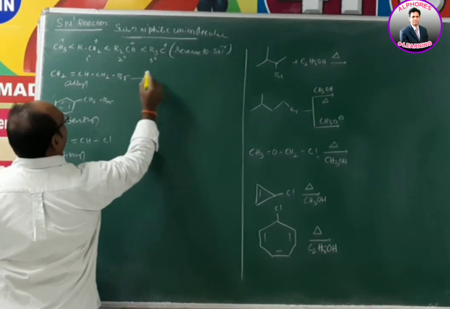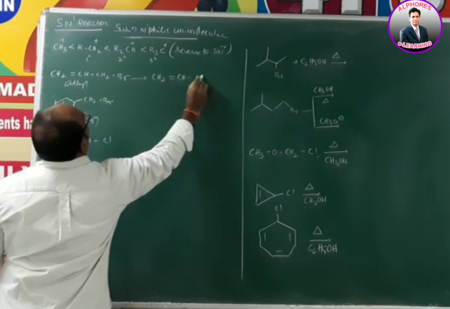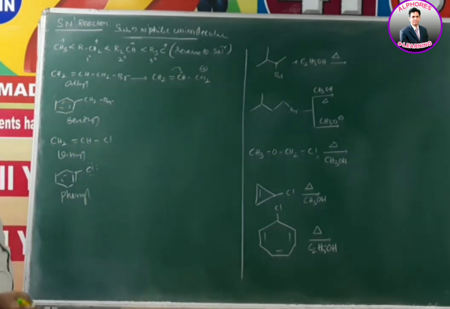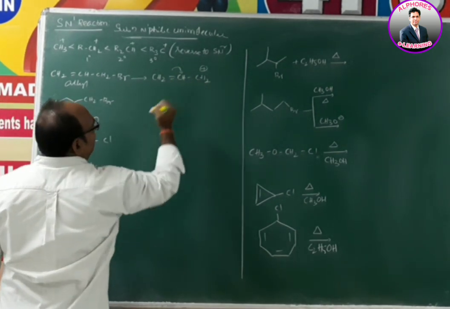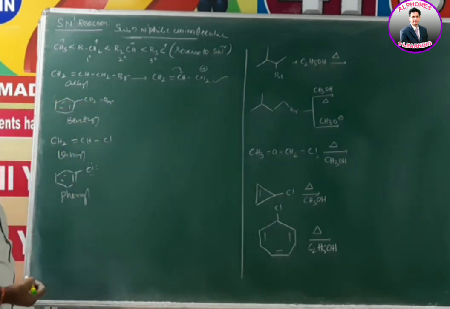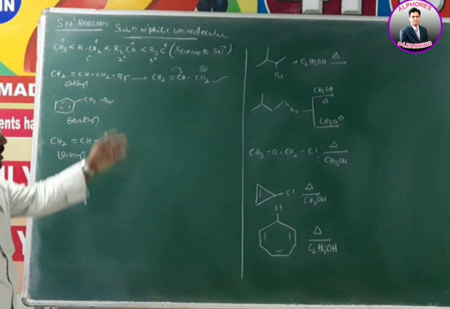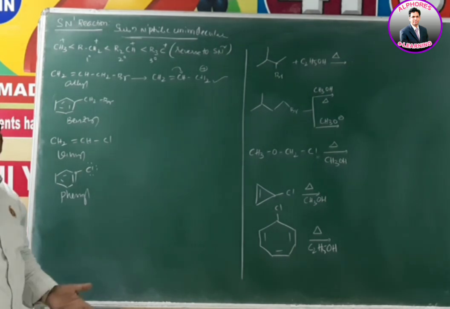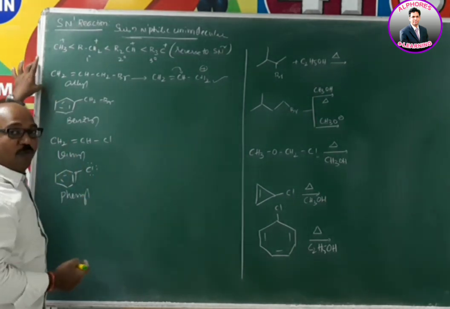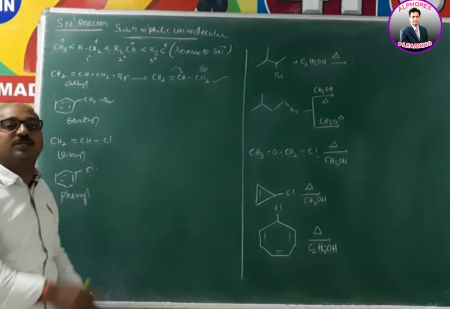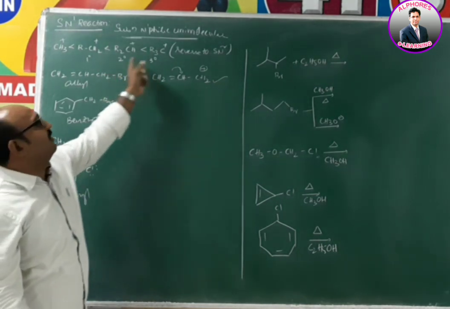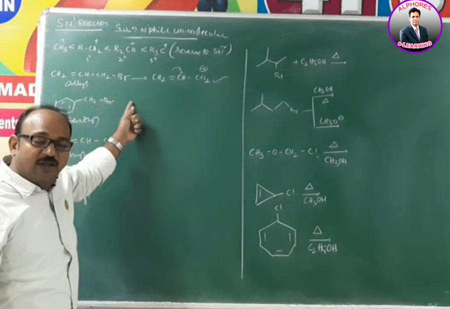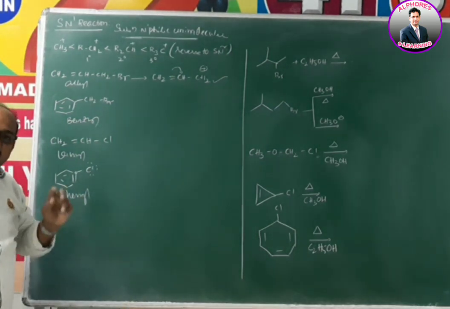So allyl bromide can form a stable carbocation. How do you know it is stable? Because of resonance. The positively charged carbon is involved in resonance. That's why this carbocation is more stable. Since the carbocation is more stable, it can give the SN1 product, no doubt about that. But you mentioned SN2 also, right? Of course, this allyl bromide can give both SN1 and SN2. That only I mentioned here. Reverse to SN2 is applicable up to here only, but not here. Allyl and benzyl both can give SN1 and SN2.